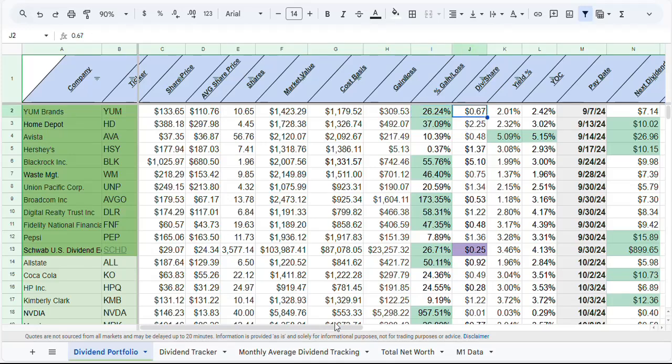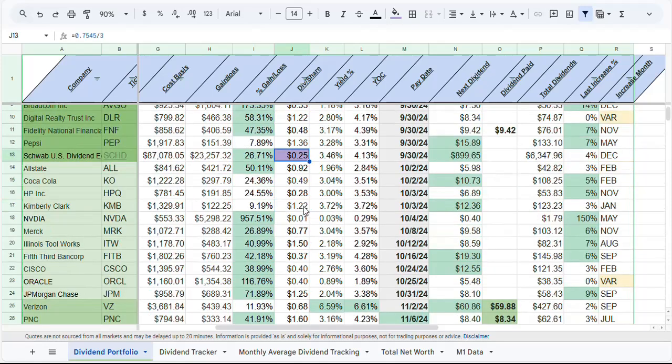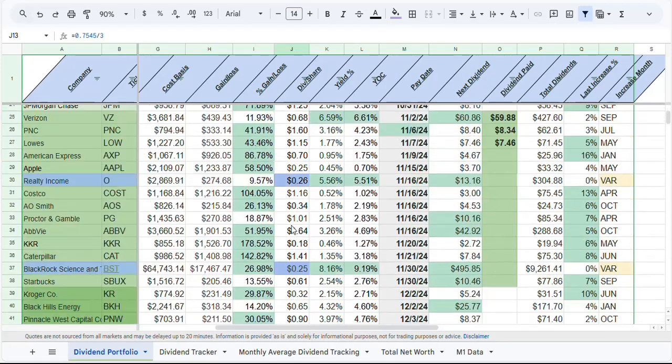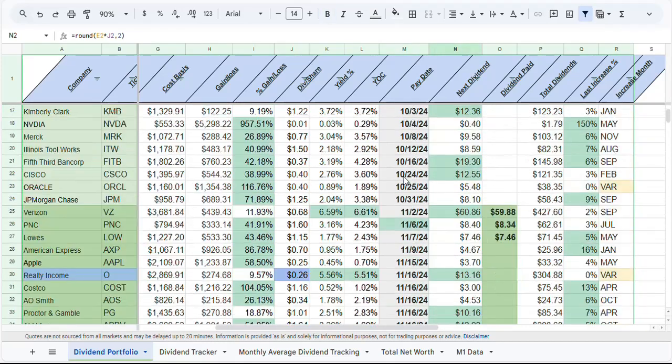Here is the quarterly dividend per share for each of these. I have SCHD in purple because it's a variable every quarter, and then I have 2 monthly pairs in blue with Realty Income and BST. We can see here is the current yield percentage if I were to buy more shares or fractional shares. Here's the current yield on my cost. So pretty much anything where I've bought it for cheaper than its current rate, my yield on cost is going to be more. And then here is the pay date, and I have everything on this sheet arranged by it,